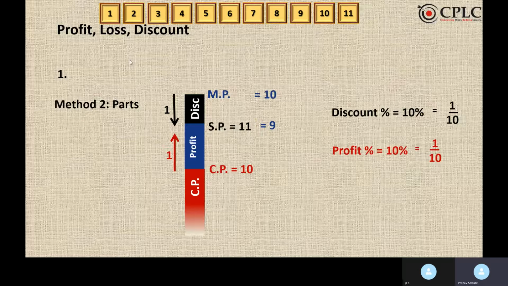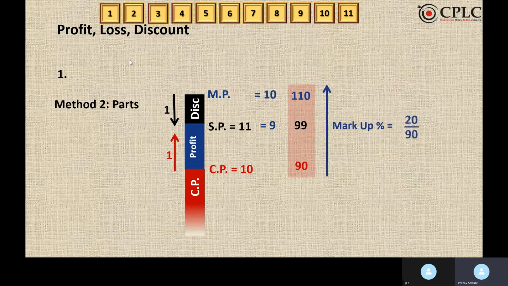In this, we are getting two values of selling price, that is 11 and 9. But there can't be two different values of one selling price. So we will equate 11 to 9. In short, we will try to make 11 and 9 same by using the method of LCM. So 11 into 9 will become 99. Cost price will become 90. Mark price will become 110. Markup percent, again by applying the formula of markup, we will get the answer as 22.22%.